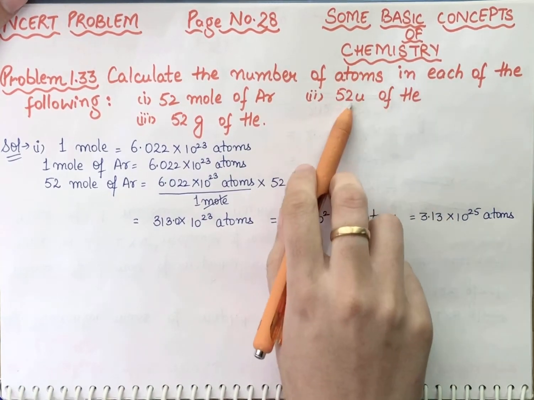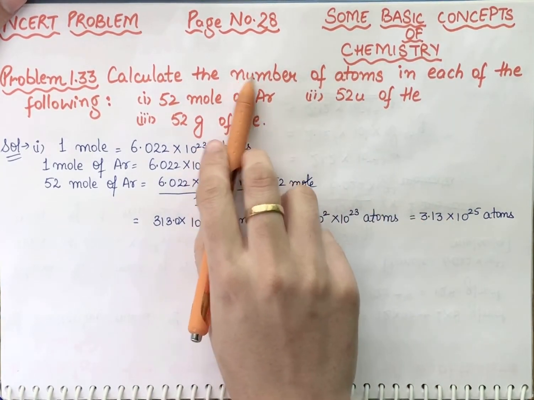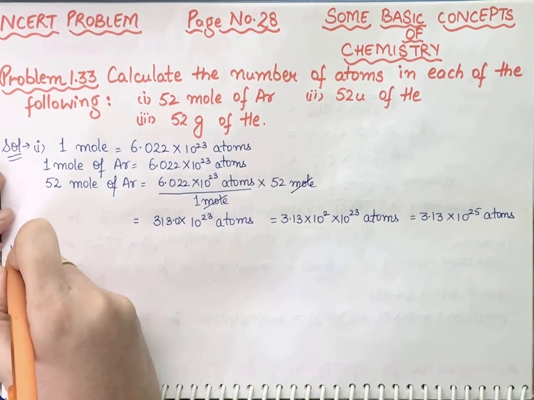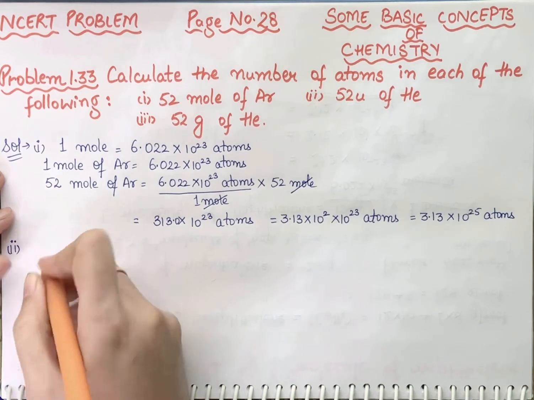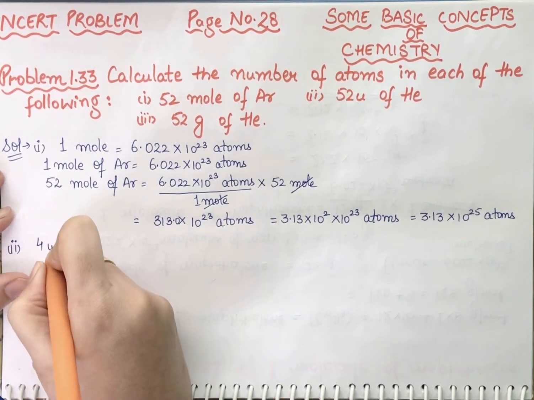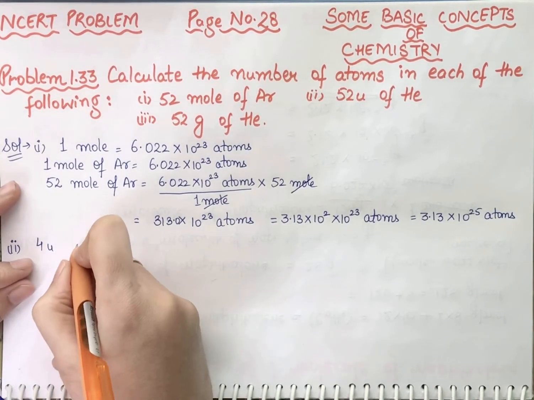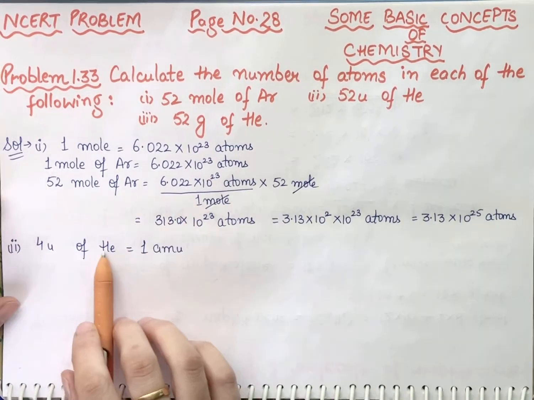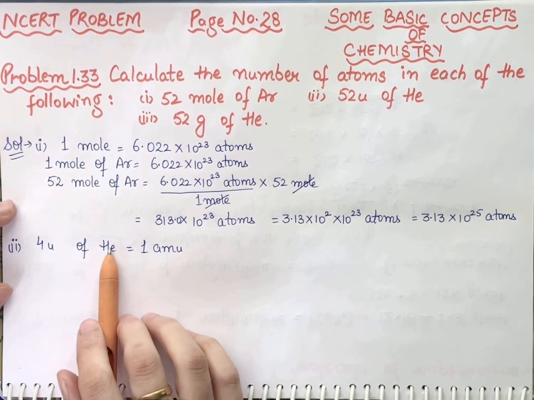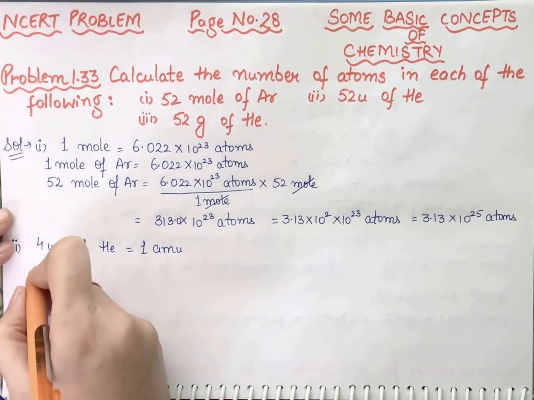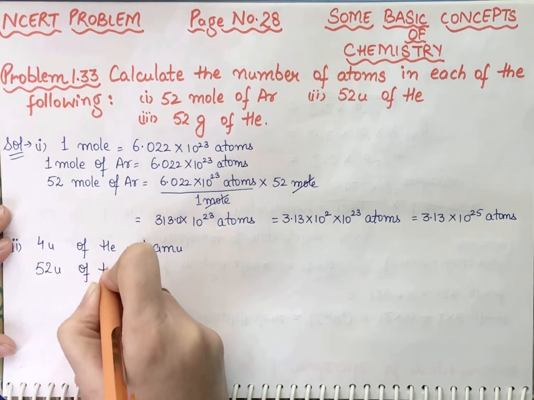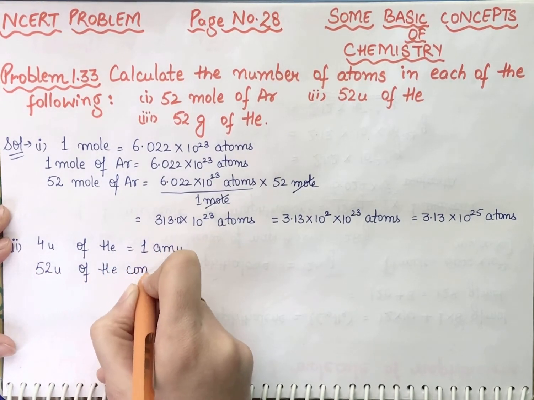You are having 52 units, and they are asking you to find the number of atoms in these units, right? So I know that 4 unit or 4 AMU of helium is equal to 1 atom. Mass of 1 atom of helium is equal to 4 unit. Okay, so 52 unit of helium contains,